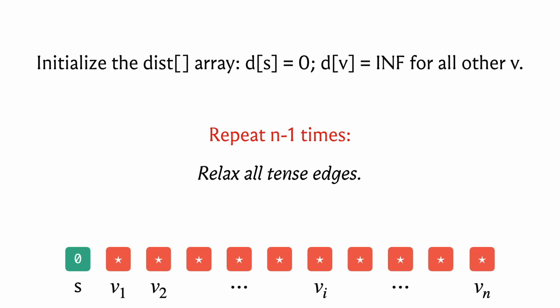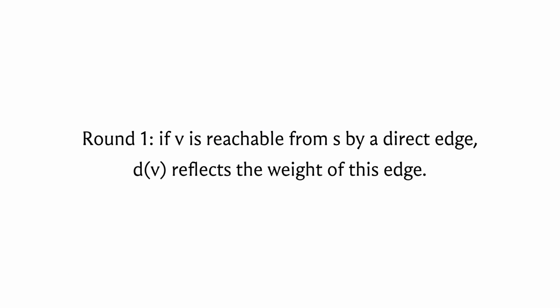Okay, so hopefully you have also concluded that at the very first stage, the only edges that are tense are the ones that are basically incident on S. These edges are definitely tense because you have d of u being 0 and the weight of u to v, in this case from the source to any other neighbor of the source, is going to be some finite value. So this is going to definitely be better than this initial infinite value that we have in the array. So all of the edges that are incident on S are tense. So every vertex v that is a direct neighbor of S has its distance values updated by the end of